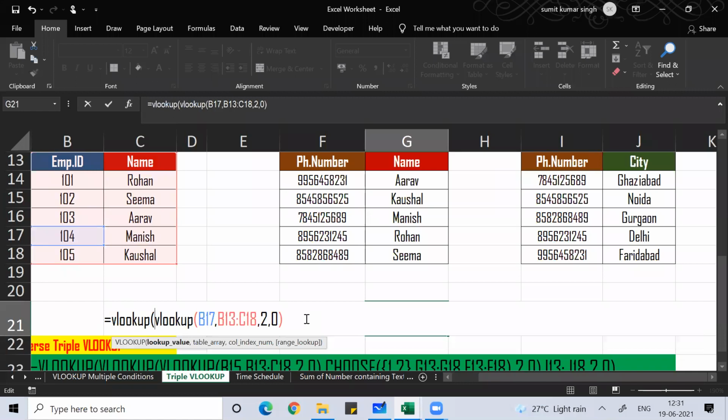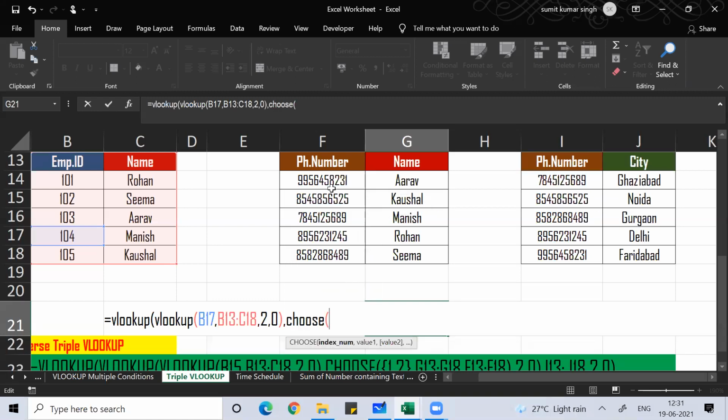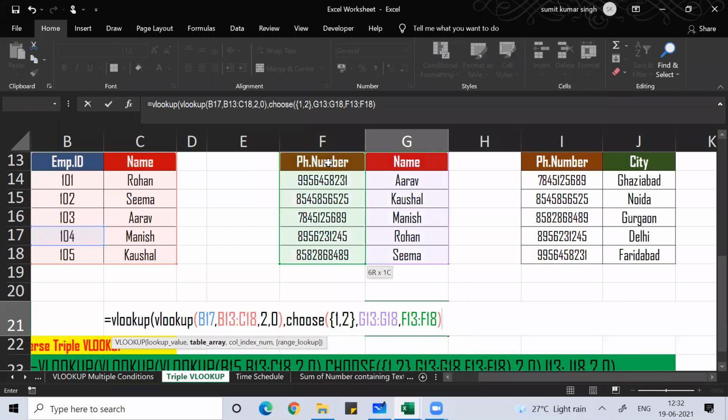This is the name Manish, the lookup value. And where will I look for this? The table will be CHOOSE, open bracket, curly bracket, 1 comma 2, close the curly bracket, comma, the first set of data is this, comma, the second set of data is this, close bracket, okay.